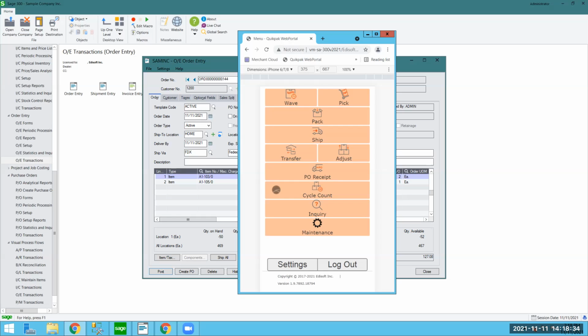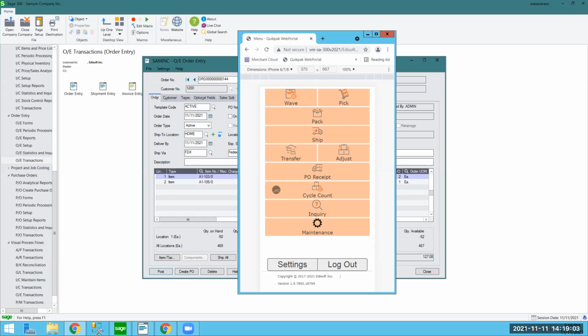On the handheld, you then go through bin location by bin location. Here's what items, here's what quantities are in those bins. Once you've completed that, it gets pushed back to Sage. You can go into Sage, review your reconciliation, look for any discrepancies, post the reconciliation, and if need be, you can also generate an adjustment within Sage to make sure that your inventory counts within Sage match what's physically in